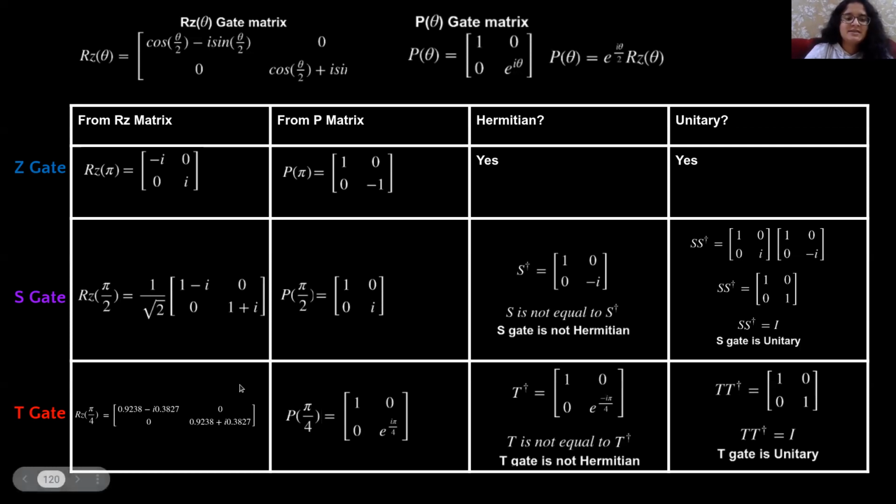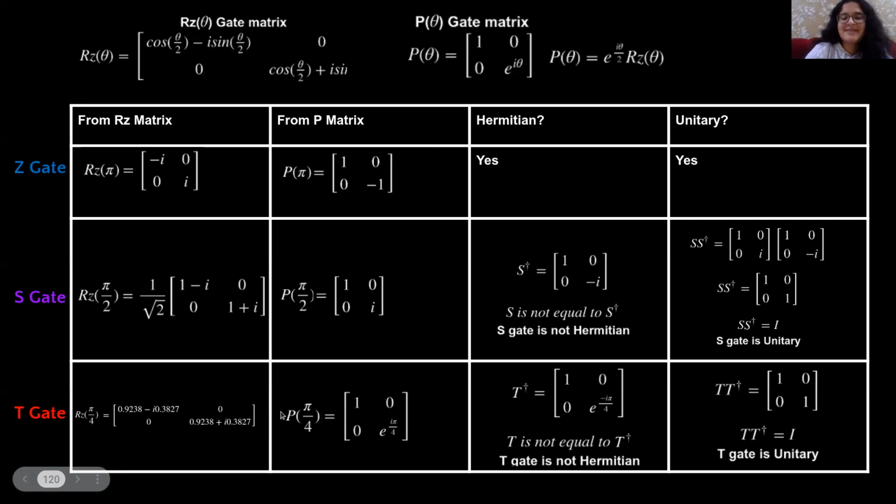And again, you can see the one that we get from RZ matrix is so complicated compared to the one we get from P matrix because of the global phase story that we're talking about. The result that the matrix from P gate gives us is free of any global phase, but this one comes with the global phase, so we'll have to ignore it over here. So therefore, this is sort of the more definition oriented and more accepted version of the T gate, though both of them are applicable, there will just be a phase difference